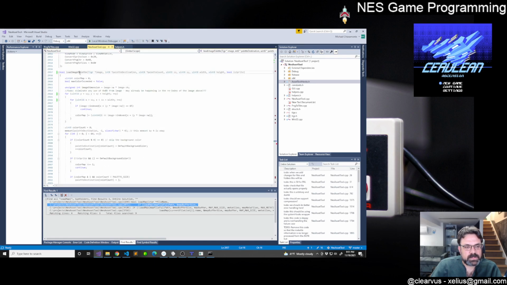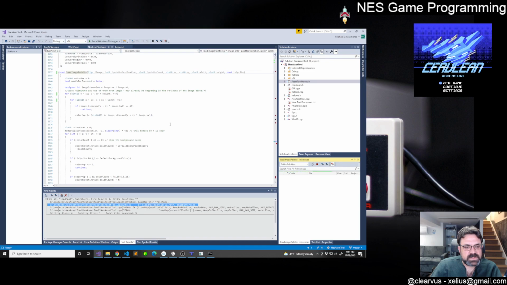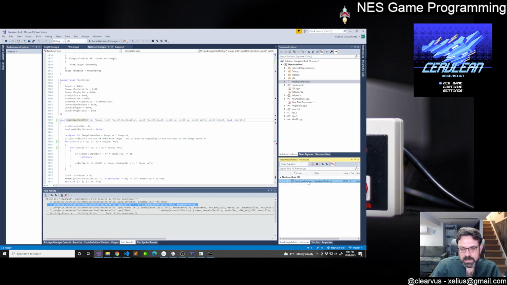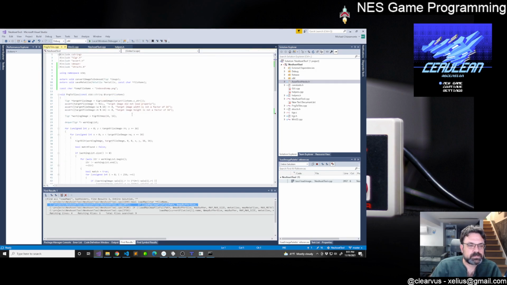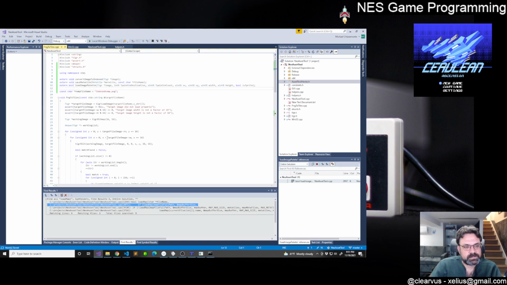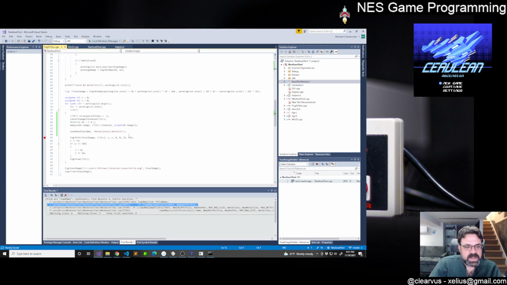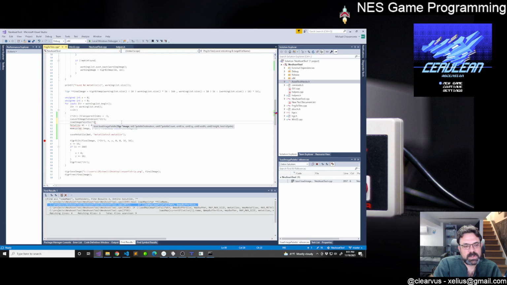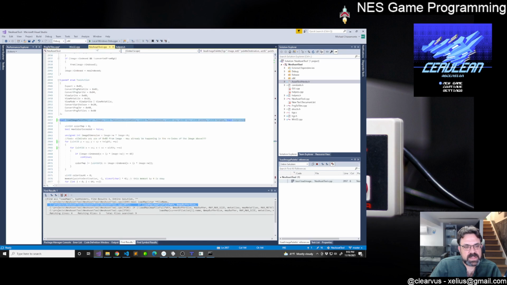Okay, so final references. I don't even know that we're using this anywhere. So we're not. Okay, good. That makes it a little bit easier because we don't have to worry that we broke something by changing this. So now what we want to do is we've converted it to indexed, and we're going to say load image palette, and we're going to take the image, and we're going to have a palette destination, which I believe,